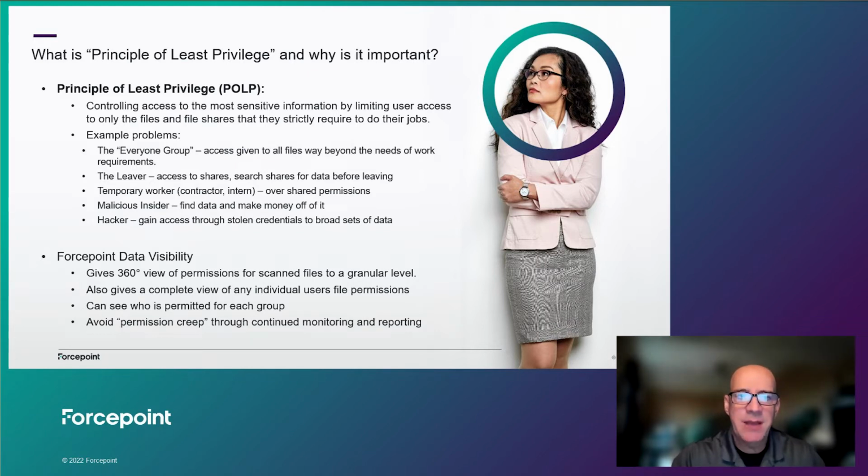So here's some examples of why this principle is important. Different type of people that are within your organization or situations. The first one is actually a situation, it's the everyone group. And so it's often people call it the all group or the world group. And it's a group where files are put in, and everyone in the company, anyone who's able to log into the organization has access to the files in that group. And that is one of the notorious areas where there's a lot of overprivilege that's done with files. And so that one needs to be watched.